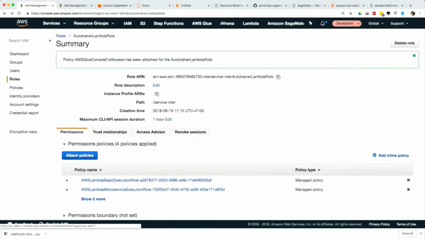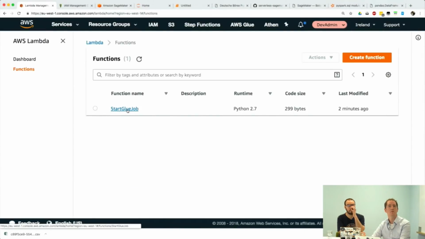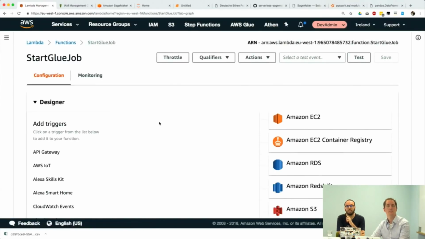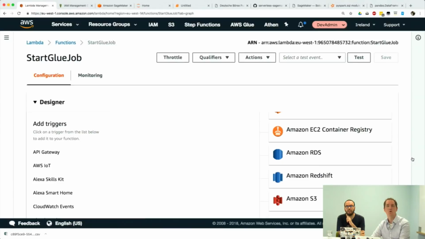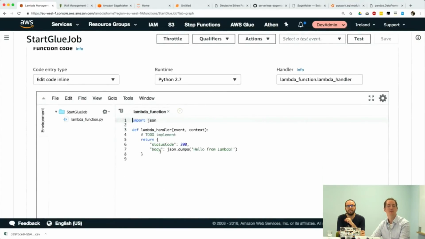Okay, so let's go back to Lambda, and we'll edit our start Glue job. Here we go. Yeah, we've got way more permissions than what we need. Really interesting. Way more permissions than what we need. Right, so over here, my code, I'm going to call this as handler. And what we need to do is to